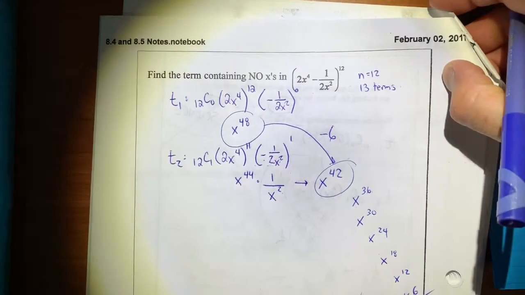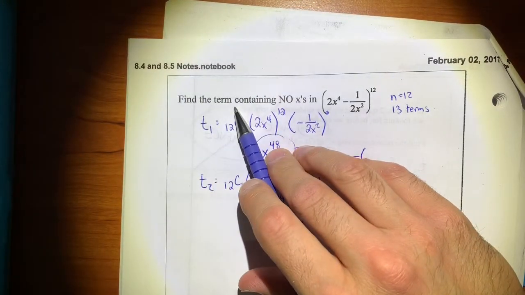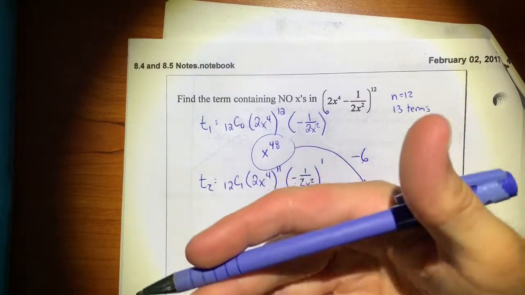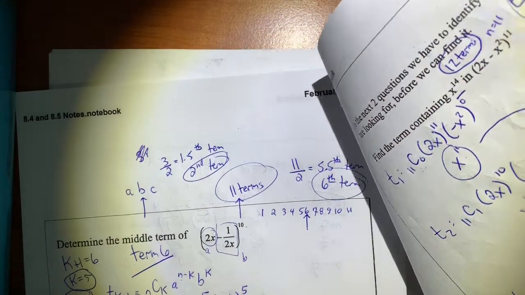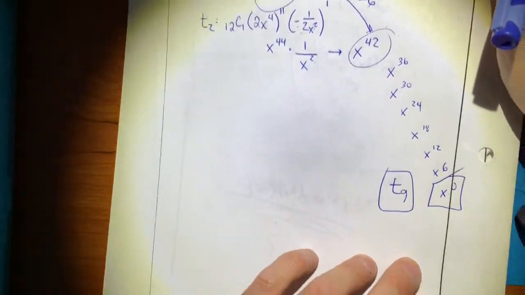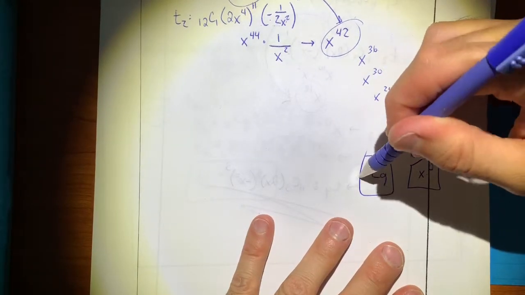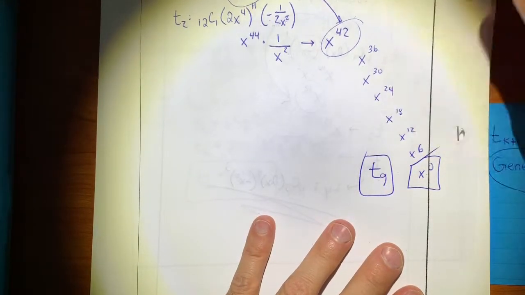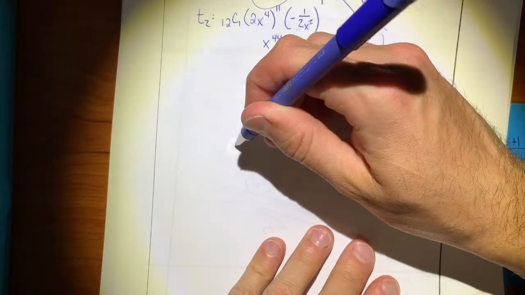Now, it's very subtle language here, but this one says find the term. So as in, what is the actual term? We need to compute it. The other ones also said find the term, so we're going to actually compute it, just for giggles. And we can use our general term equation because it's going to be too much work to do it the other way. Okay, so if we're finding term 9,